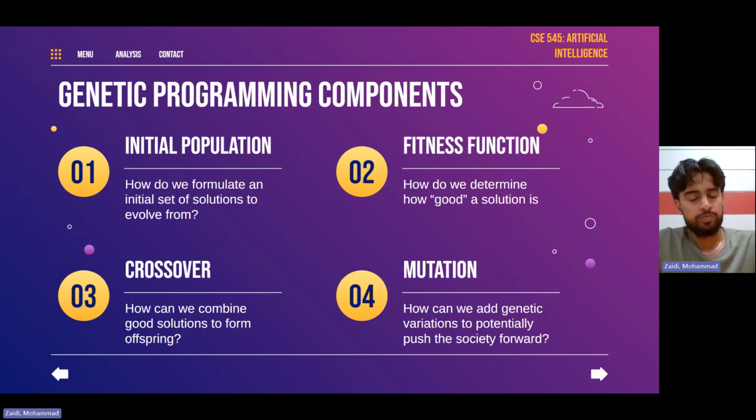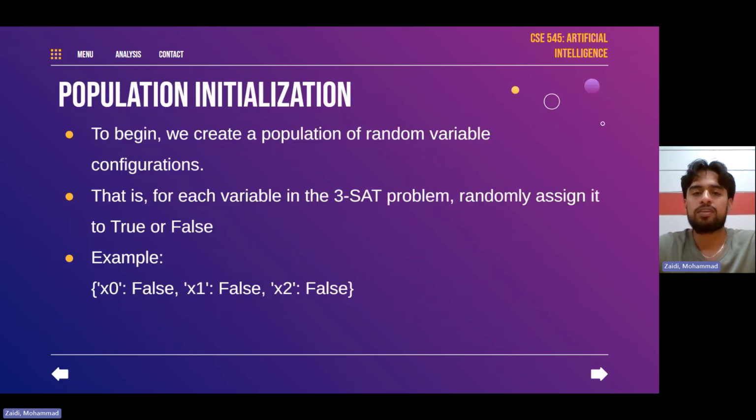That's what crossover is about. And mutation is trying to add genetic variations to potentially push the society forward to escape local optima, and to add more variation as this mimics evolution in real life. So to begin with, population